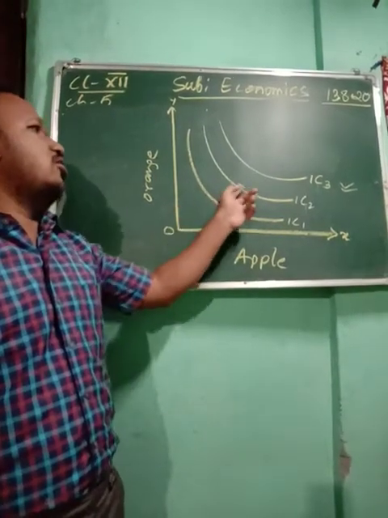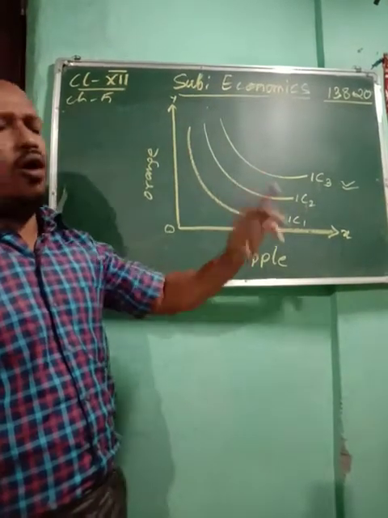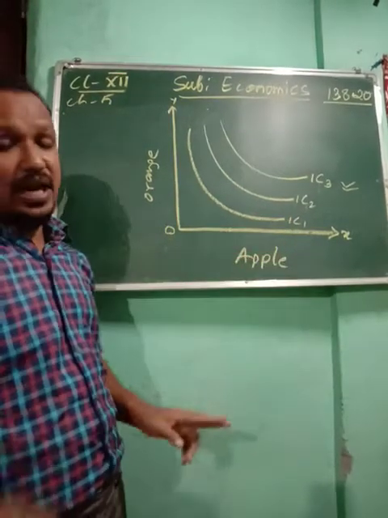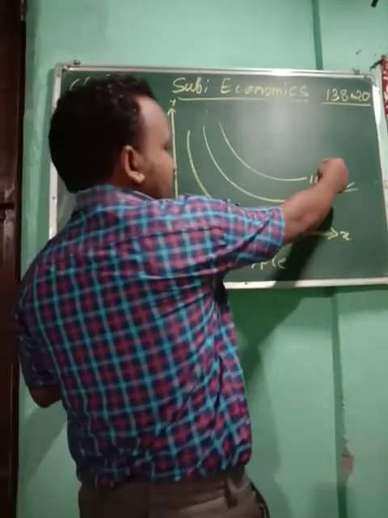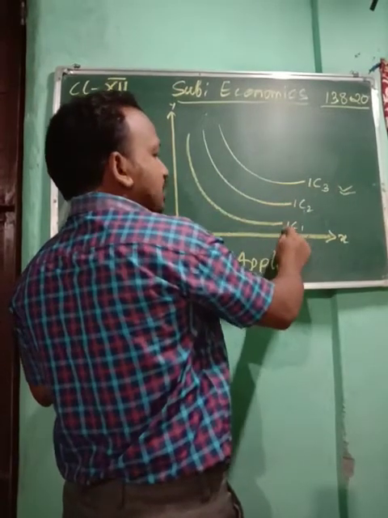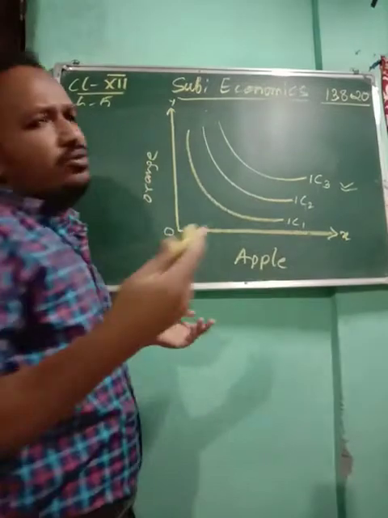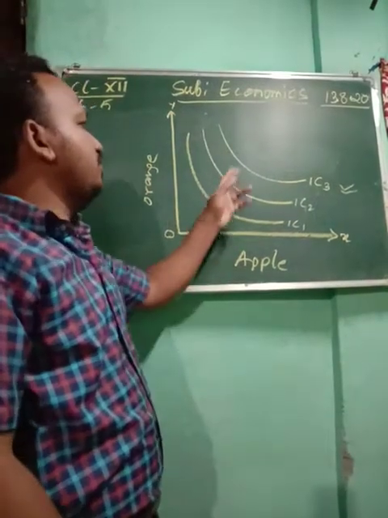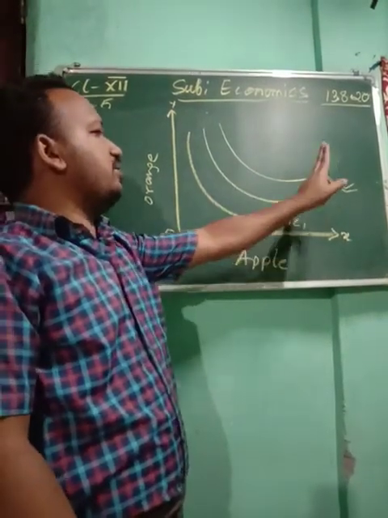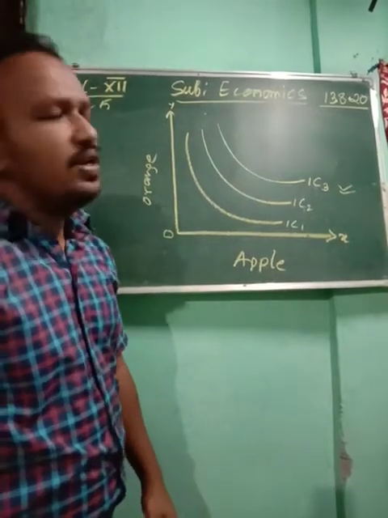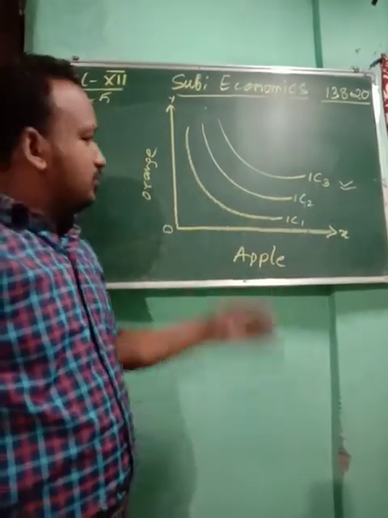You can draw three indifference curves or four indifference curves. Okay, you write from the bottom; always start the numbering IC1, IC2, don't write from the top, from below: IC1, IC2, IC3, or you can make four also. It is better to make three, so why spend a lot of time. So IC1, IC2, IC3. The higher the curve, the higher the level of satisfaction. Okay, so this is the diagram.